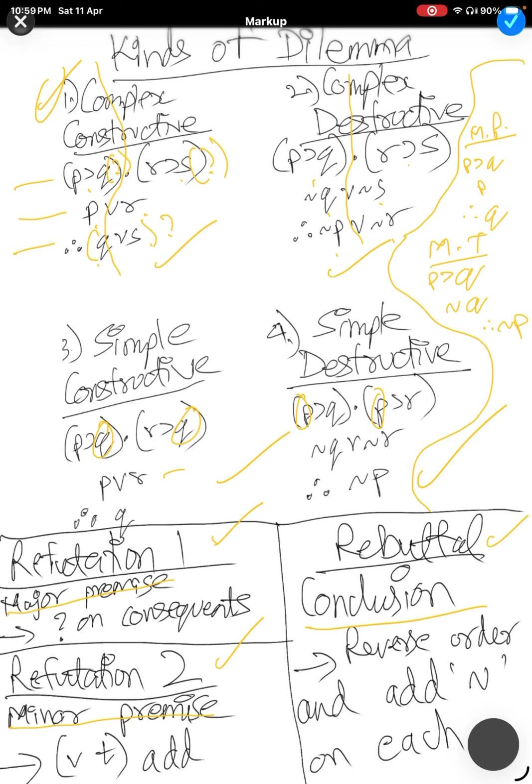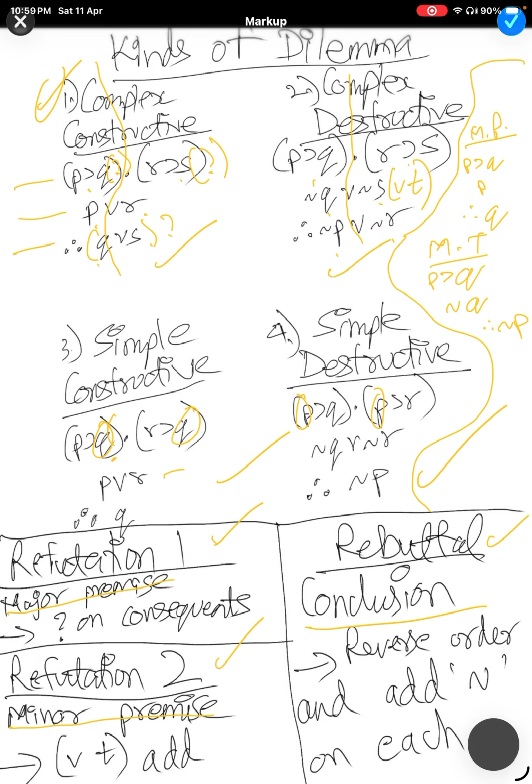उसके बाद आपको आएगा द मेजर प्रीमाइस, माइनर प्रीमाइस डज नॉट चेंज, ठीक है, देन यू गेट द मेजर प्रीमाइस, यू बेसिकली प्रोवाइडिंग अ काउंटर डिलेमा, ठीक है। सो नाउ लुक एट हियर, कॉम्प्लेक्स कंस्ट्रक्टिव में आई एम शोइंग हाउ टू डू इट। डेफिनेशन 1 में आई एम एडिंग क्वेश्चन मार्क नेक्स्ट टू क्यू एंड क्वेश्चन मार्क नेक्स्ट टू एस एंड देन एंटायर कंक्लूजन पे आई एम एडिंग क्वेश्चन मार्क, ठीक है। सपोज इज कॉम्प्लेक्स डिस्ट्रक्टिव, उसमें मैं सेकंड में दिखा रहा हूँ,